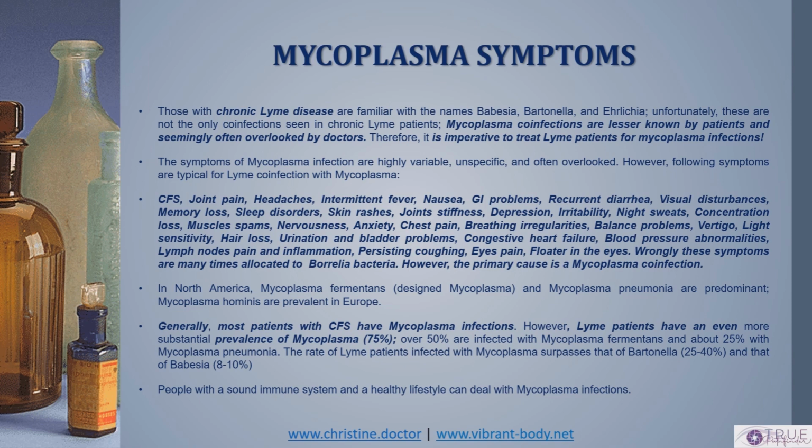The symptoms of these Mycoplasma infections are highly variable, unspecific, and therefore often overlooked. However, there are some symptoms that are typical for the Lyme co-infection with Mycoplasma, and those are chronic fatigue syndrome, chronic joint pain, headaches, intermittent fever, nausea, gastrointestinal problems, recurrent diarrhea, visual disturbances, memory loss, sleep disorders, skin rashes, joint stiffness, depression, irritability, night sweats, concentration loss, muscle spasms, nervousness, anxiety, chest pain, breathing irregularities, balance problems, vertigo, light sensitivity,